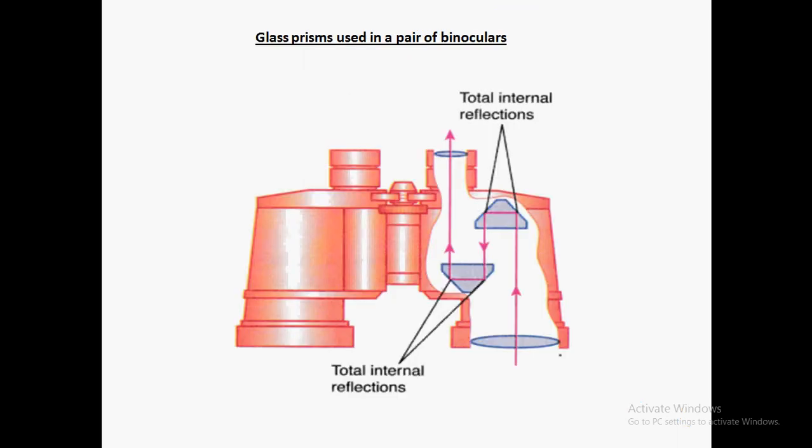See here, this is a binoculars, a pair of binoculars. If you take one part, because we say pair, I am taking only one part, inside also we can see the same design. See here, as the light enters from one lens, or we can say glass, just a glass. See, there is a prism, right? What's happening? First,